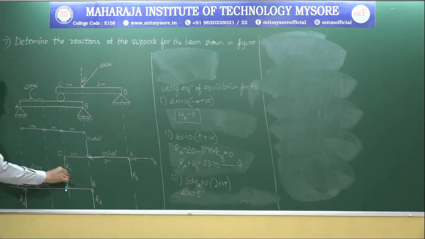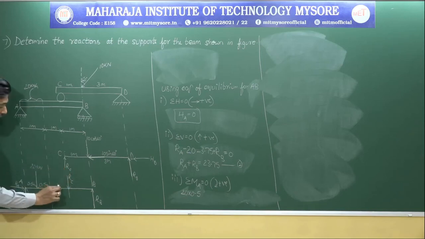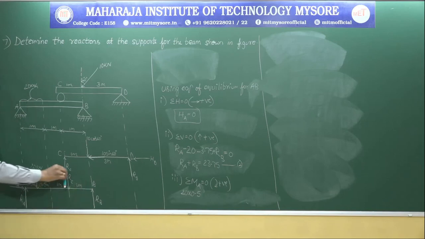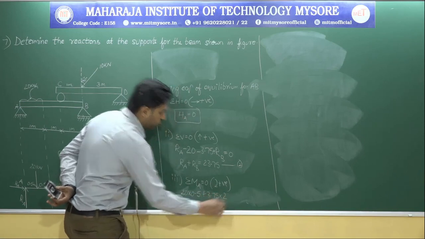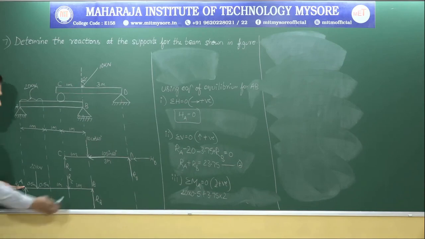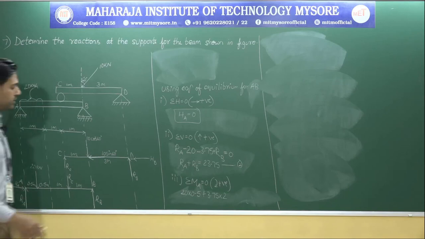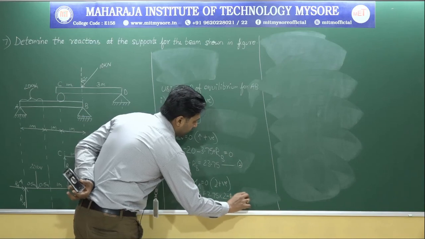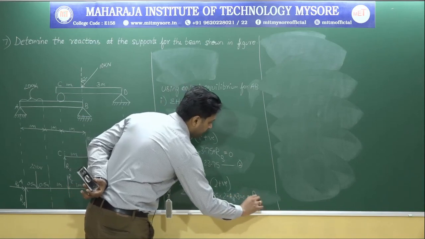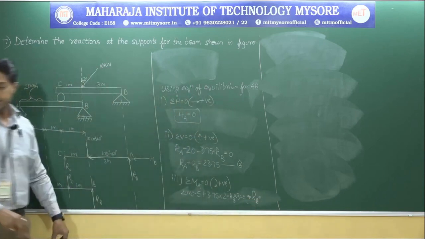Okay, next, there is an RC that is 3.75. This also needs to go and touch it in clockwise direction. Now be careful, this is 1 meter span, this is also 1 meter span. So this RC needs to go and touch it in clockwise direction. RC is 3.75. 3.75 into 2. So plus 3.75 into 2. Next, I want moment about A point. There is one more. So RB, which needs to go and touch it in anti-clockwise direction. So minus RB into 3. So finally, after solving, the value of RB that we will be getting here is,